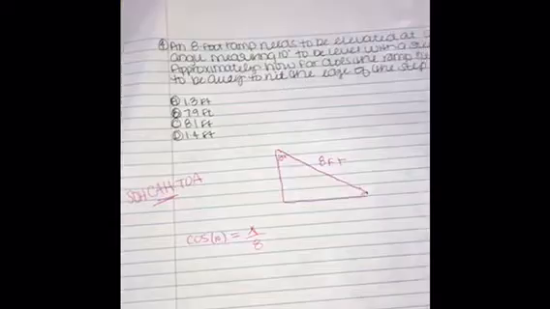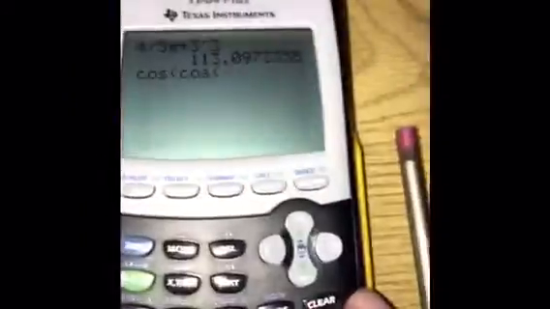So when we take cosine of 10 equals the adjacent, which is x, over 8, to cancel 8 out, we're going to multiply both sides by 8. Cancels on this side, 8. So we have x equals, go to the calculator and we'll plug in